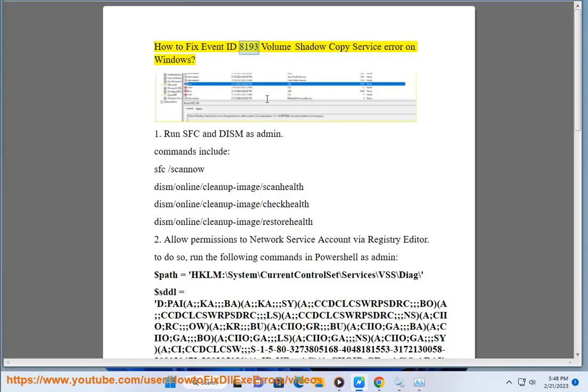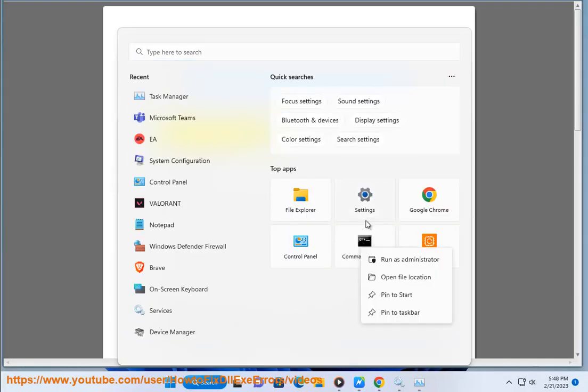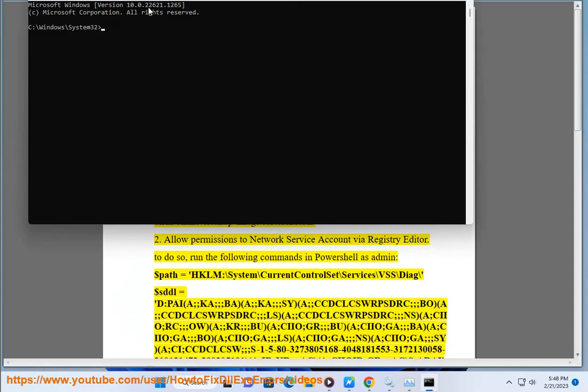How to fix Event ID 8193 volume shadow copy service error on Windows. 1. Run sfc and dism as admin. Commands include